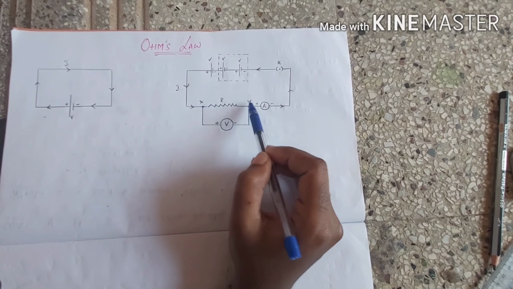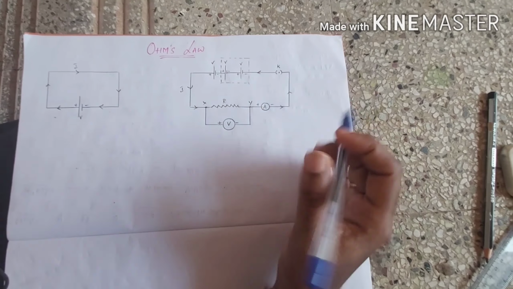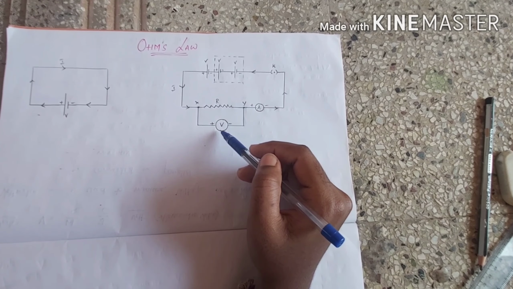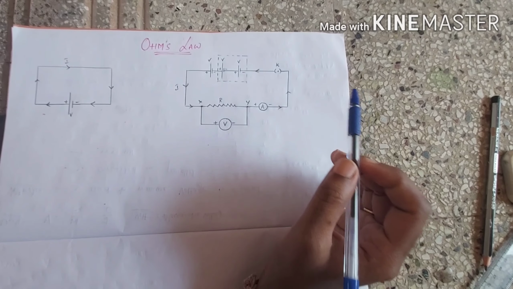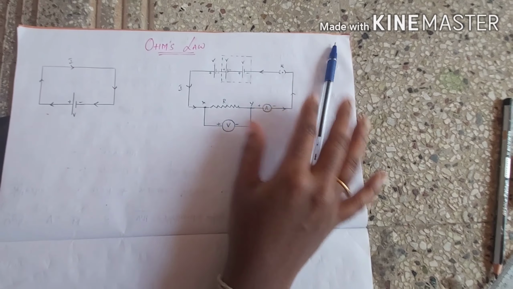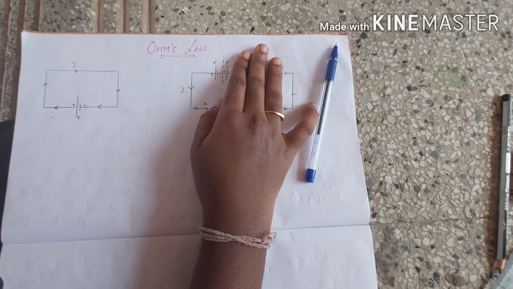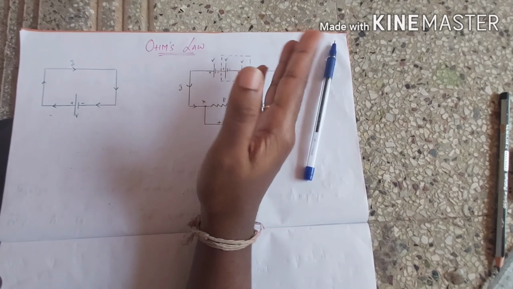This circuit has a plug key K. Just ignore these two cells. Let's take the case that this entire circuit has only one cell of voltage V. When I connect this and switch on the key, the current will start flowing. In that case, let's take the voltage and ammeter readings. Now, if I place another cell here, then as I've already told, the current will increase. If I connect three cells, it will increase more.